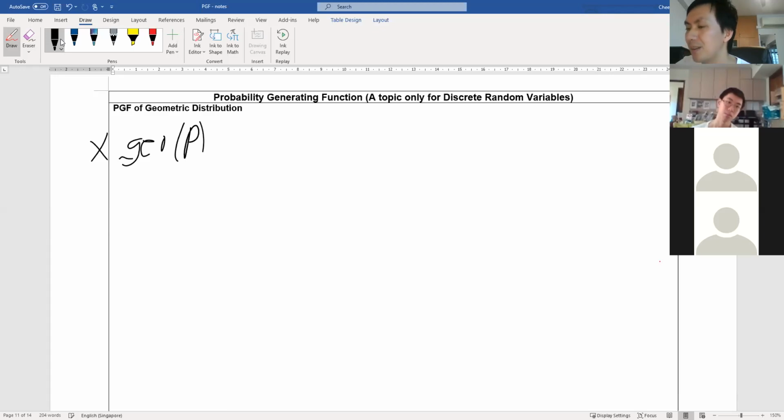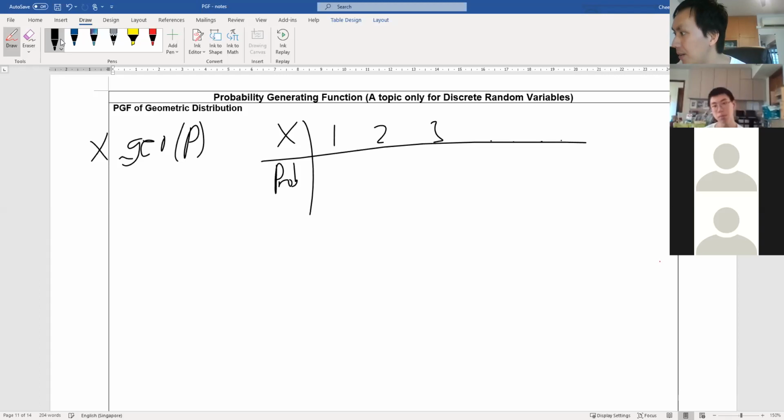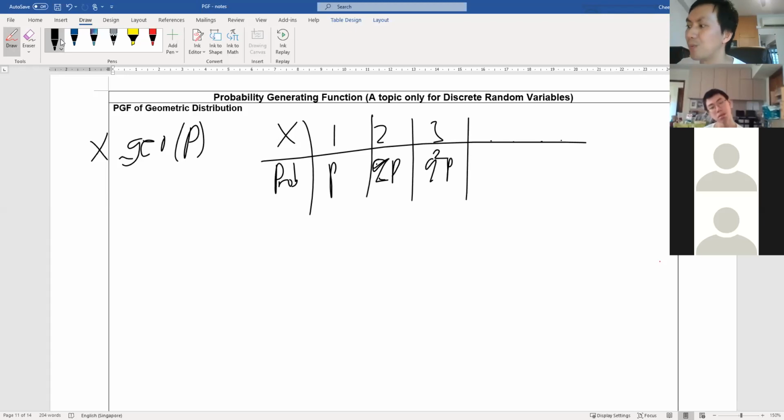X is the number of trials you need to hit your first success. So you have X to be 1, 2, 3, infinitely, because you can keep on failing. So this will be P, QP, Q square P, and so on and so forth. Okay, and then it's good enough for us already. Usually 3 terms is good enough. 2 terms is not sufficient to see a pattern. 3 terms is the bare minimum. So the PGF of such a geometric distribution will be